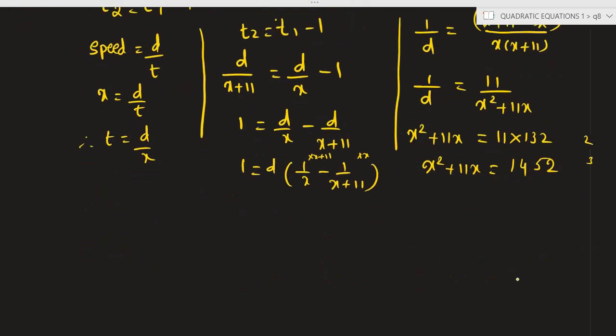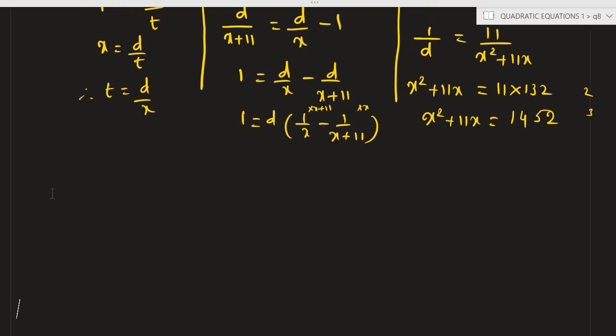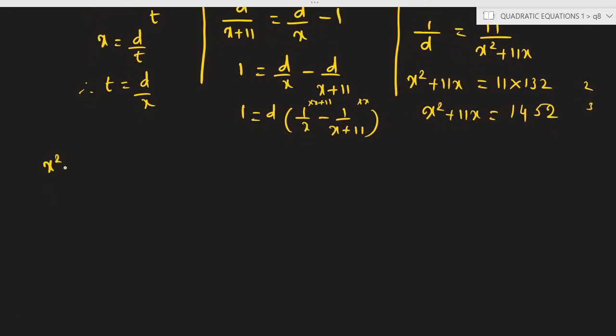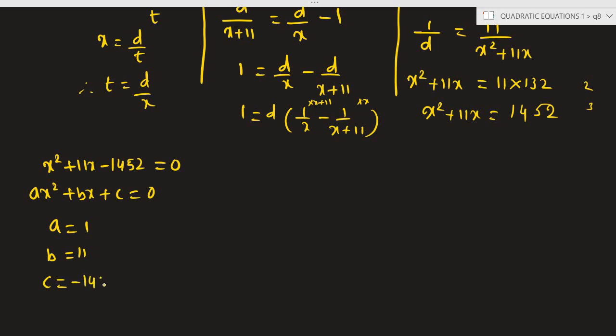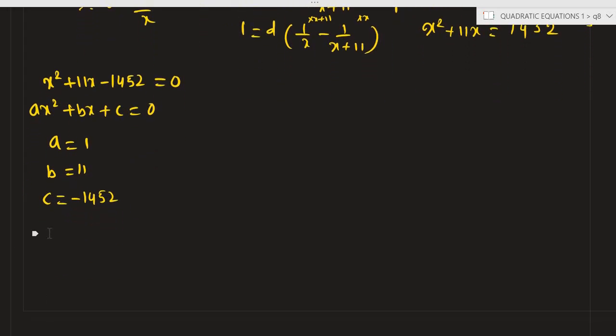Now, I'm writing this equation once again: x square plus 11x minus 1452 is equal to 0. See, now you compare this equation with ax square plus bx plus c is equal to 0. a is equal to 1, b is equal to 11, c is equal to minus 1452. Use the quadratic equation formula. What is that? x is equal to